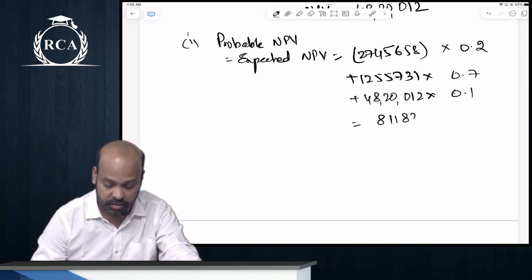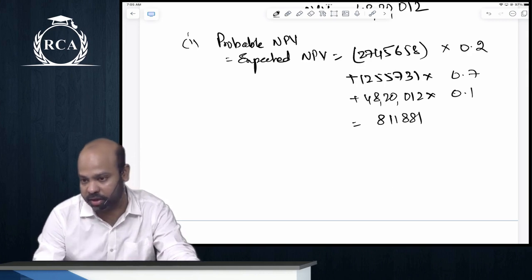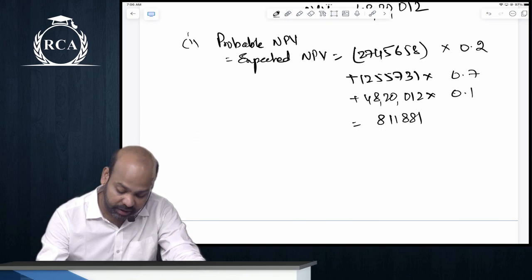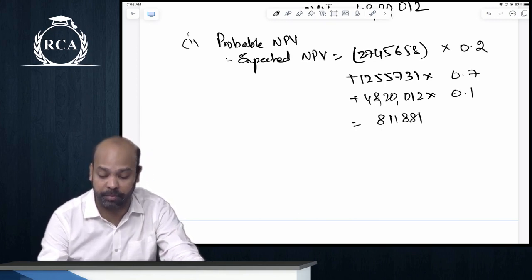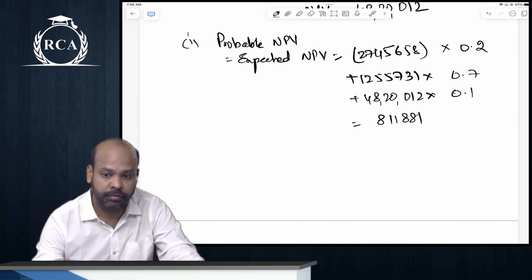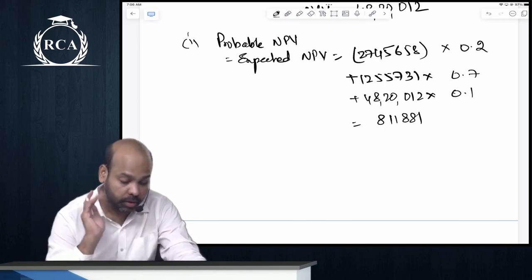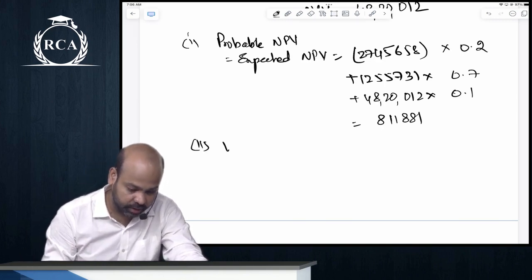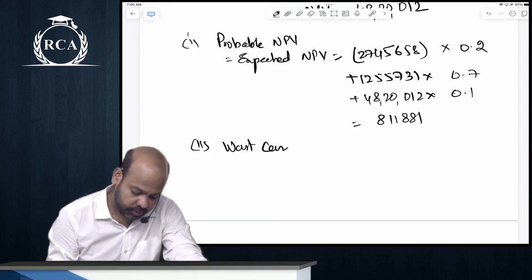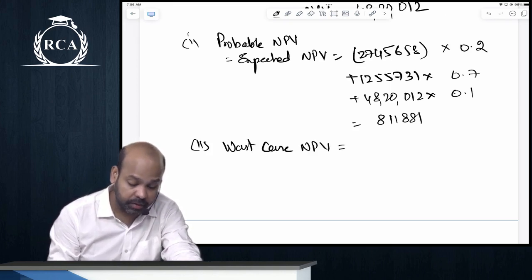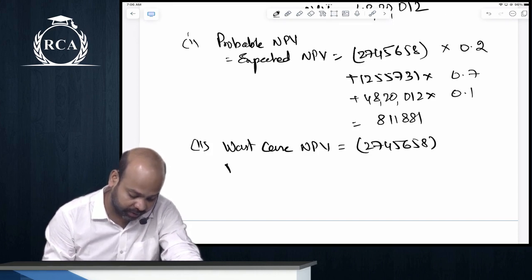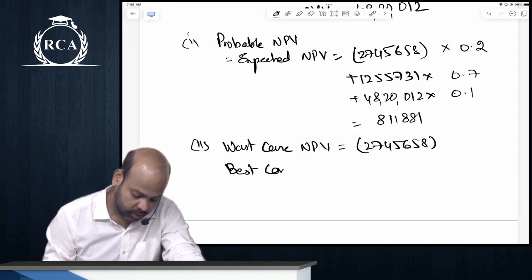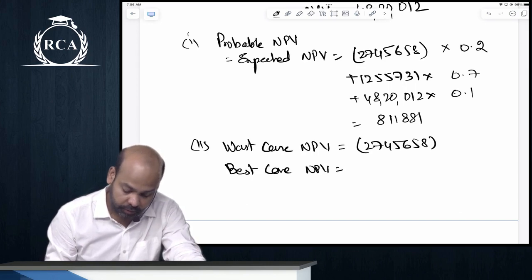8,11,880. चाची चेक कर बेटा करेक्ट है क्या? 8,11,881 guys will be your probable NPV. What is the worst case NPV beta? Worst case NPV is negative 27 lakhs 45,658. What's the best case NPV? 48 lakhs